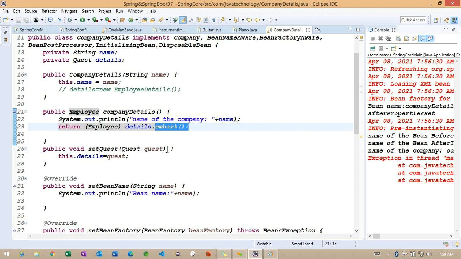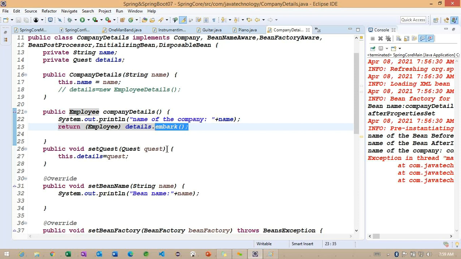If we don't have anything here, tomorrow we are going to check more information on this auto wiring. We'll try to check one more example on this, the constructor related example, and later we'll move on to the scope related example. How exactly the bean scope is going to work here.